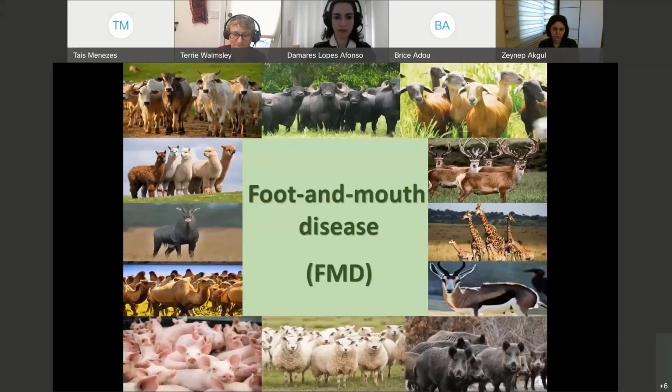But what is foot and mouth disease? Well, it is a highly infectious animal disease that affects cloven-hoofed animals. Once found in a previously free country, strict control measures are implemented to eradicate it, including the sanitary slaughter of animals and restriction to the movement of animals, animal products, people, and objects susceptible to contamination. Restrictions on international trade of animals and animal products are imposed on the country in crisis until it regains its disease-free status.